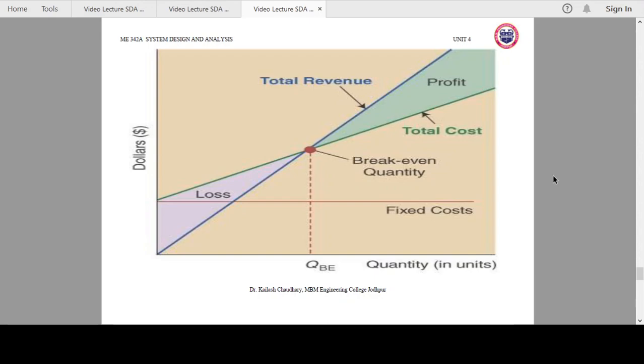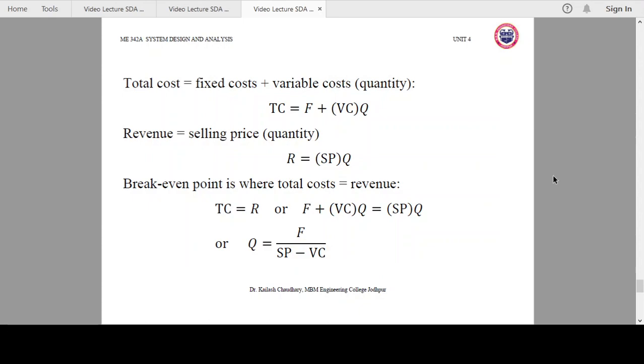So you should always try to find the break even quantity after which you will get the profit. At the beginning of the business you should always try to find how much quantity we need to produce to get the profit. So this is the way you can calculate the quantity you need to produce. You can easily get the profit, and it gives you an idea of at least how much quantity you need to produce.